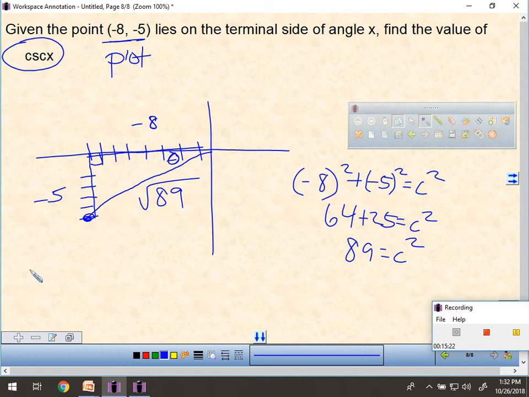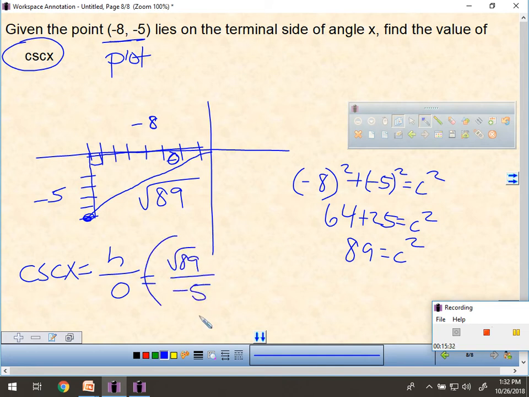And then to find cosecant, cosecant is hypotenuse over opposite. So that would be square root of 89 over negative 5. And that will be my answer for that problem. So just remembering Pythagorean's theorem, that's crucial. Hypotenuse is radical 89 and opposite is negative 5. So that will be my answer for this type of problem, just radical 89 over negative 5. All right, for the next one,